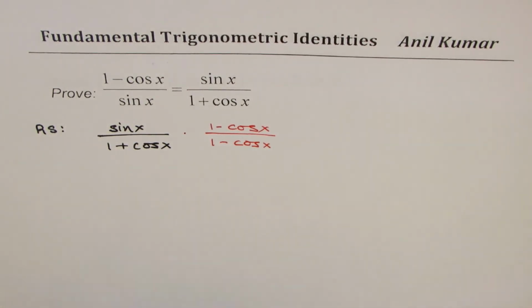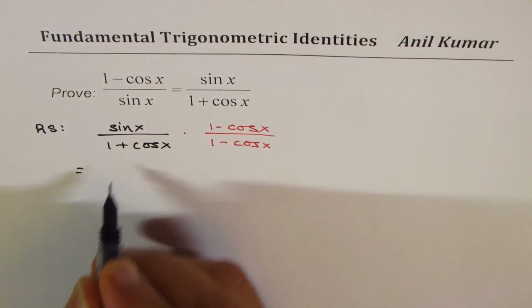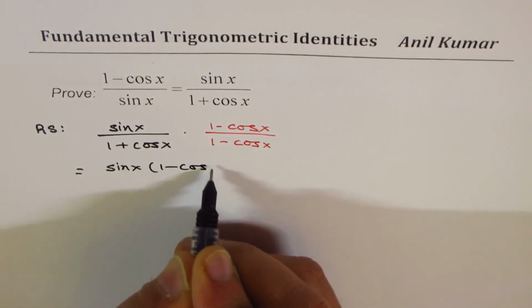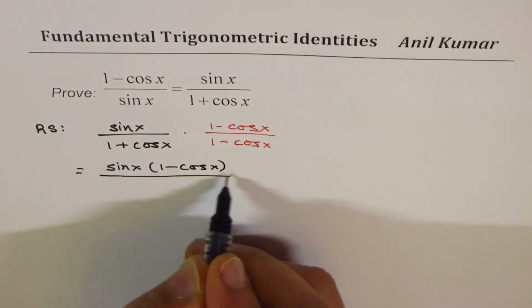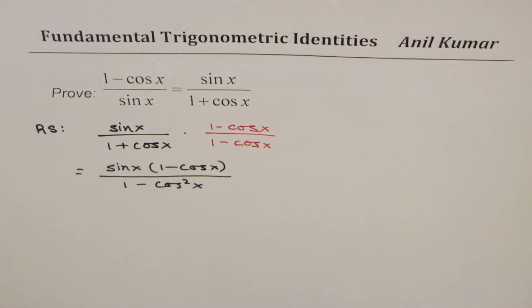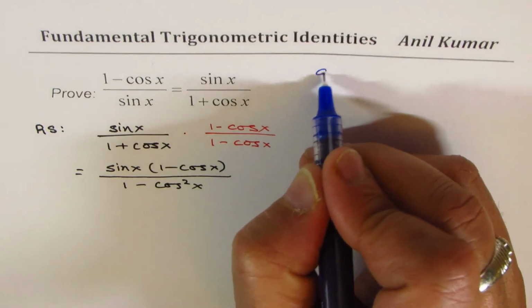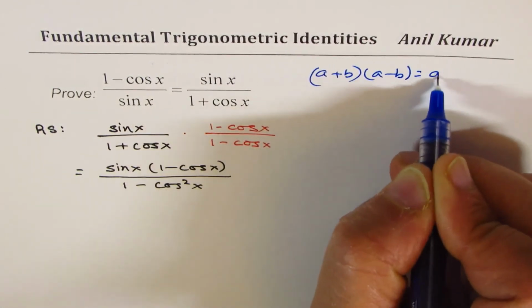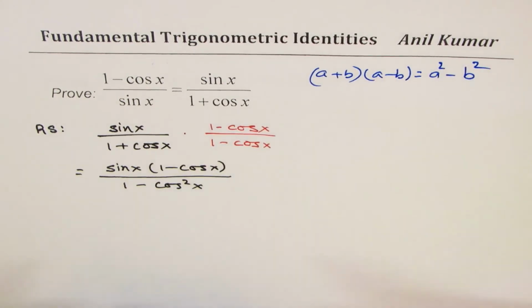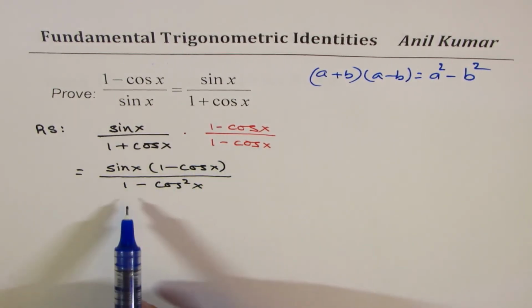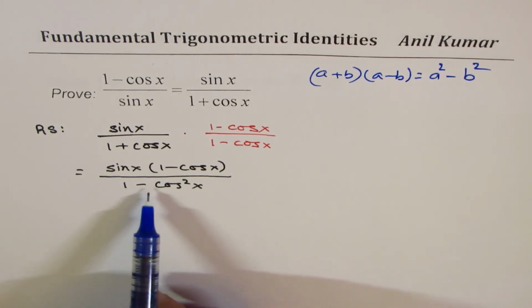We're effectively multiplying by only 1. So we get sin x times 1 minus cos x in the numerator, and the denominator is 1 minus cos square x, since you know a plus b times a minus b is equals to a square minus b square. So this is a plus b times a minus b, which gives you a square, 1 square is 1, minus